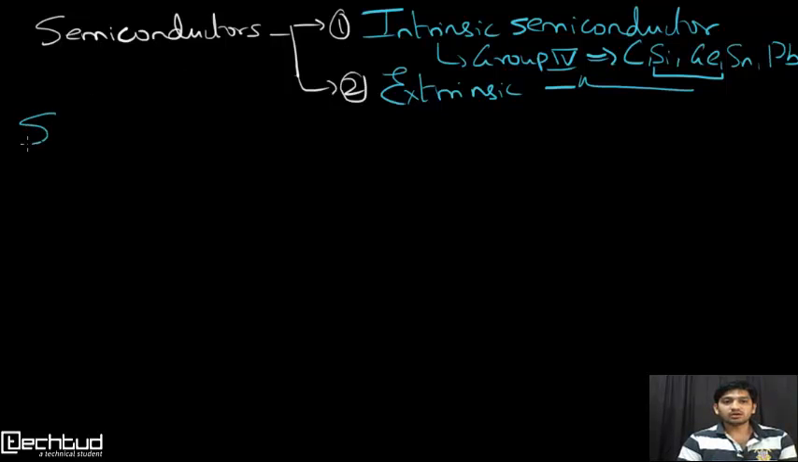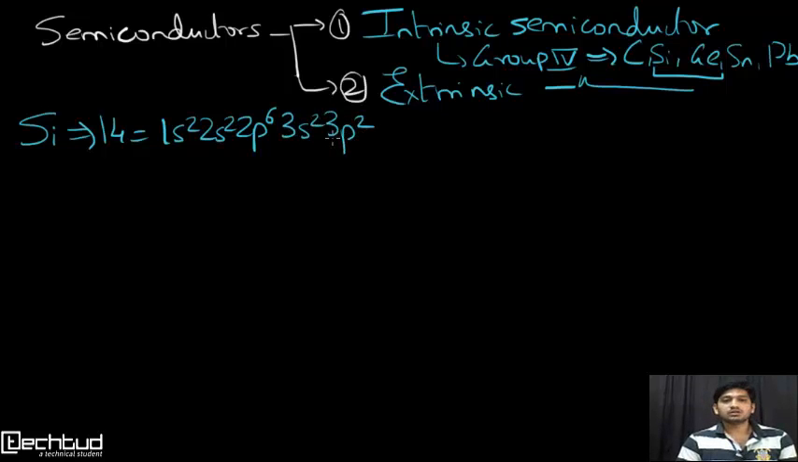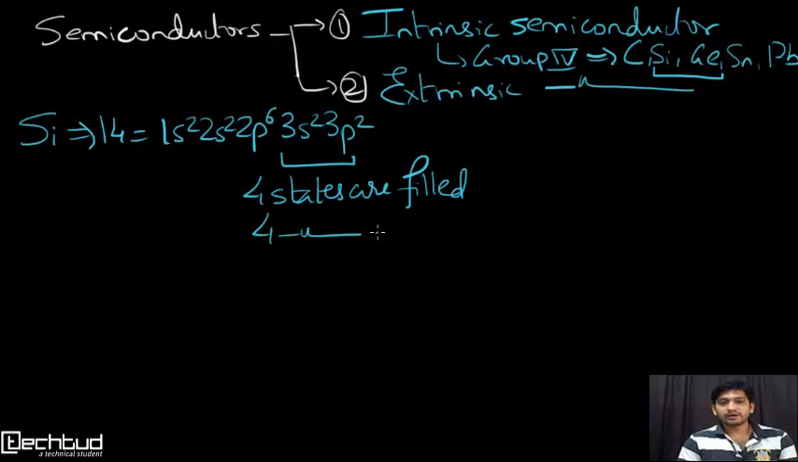So what is silicon? The atomic number of silicon is 14. So that is 1s2, 2s2, 2p6, 3s2, 3p2. Okay. So this is how we write it down. You can see that at n equal to 3, there are 4 electrons. At energy state 3, we have 4 electrons. So in this case, 4 states are filled and 4 states are vacant,